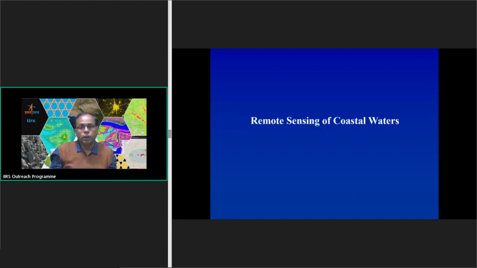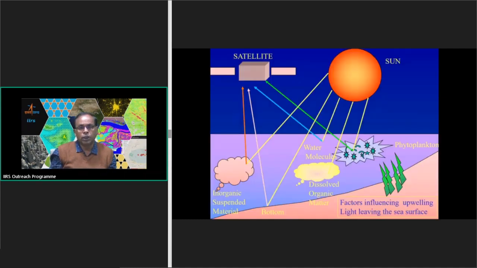So coming to remote sensing of the coastal waters. Coastal waters are optically complex waters. What we have studied about ocean color is for the open ocean, which is optically very simple. But when we are entering into the coastal water, it is known as optically complex water, because the